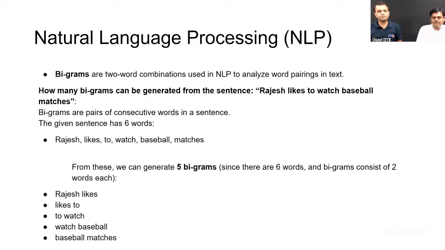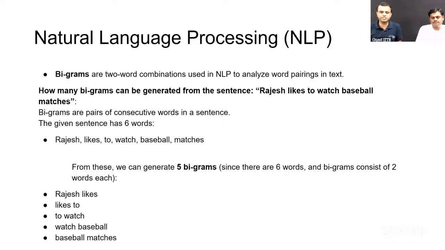Another thing we talked about is bigrams, n-grams. I think I would have mentioned it. If I have a sentence like Rajesh likes to watch baseball matches, the unique values are Rajesh, likes, to, watch, baseballs. Only 6 words. But I wanted to put in the context. For example, given a lot of corpus from Google News, Wikipedia, Stack Overflow,